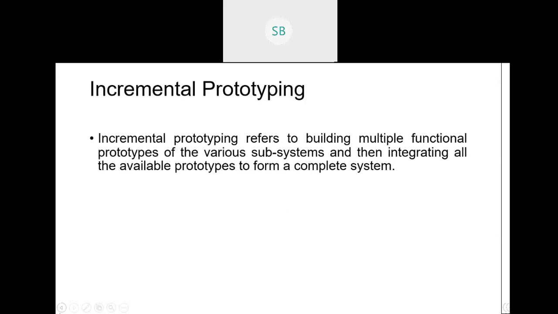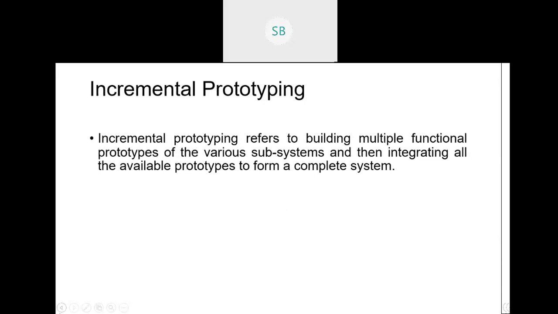Next is incremental. Here we create small modules and separate units, different types of prototypes, and then we integrate them together. We do it portion by portion and then integrate it, and that is why it is known as incremental prototyping, to have a view of the complete system.